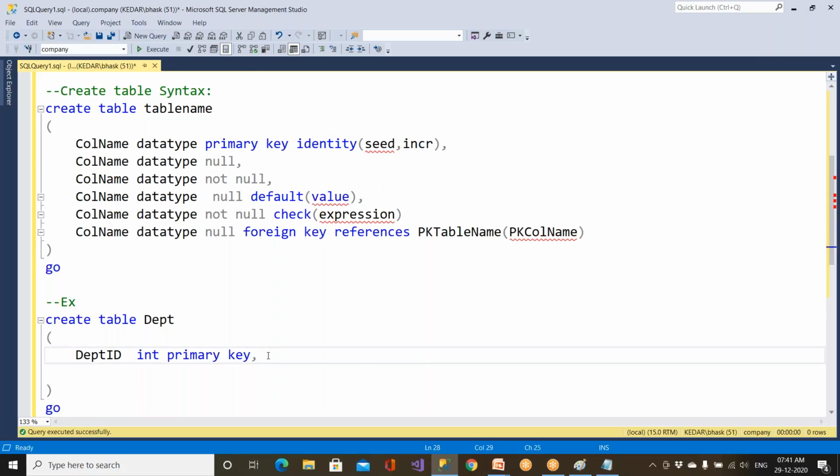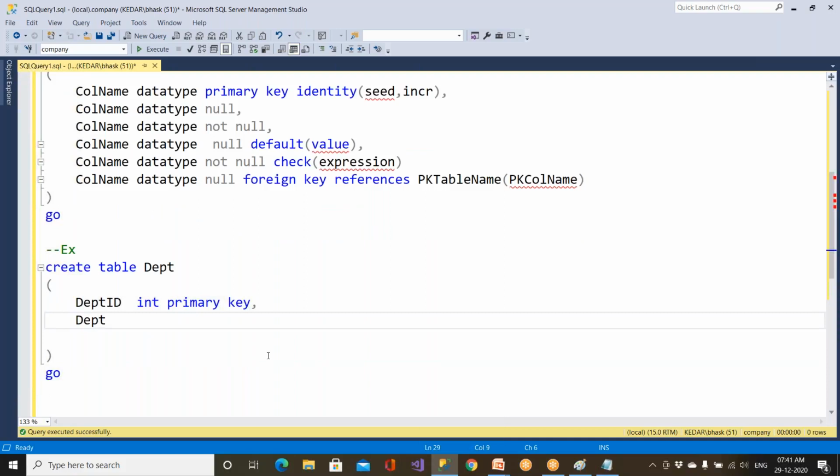Clear? So department ID, then we'll say department name. Don't give any spaces in the column name. If you give a space, then your code is gone. Remember not to give any spaces like this. Where in the primary key there is a space, where you need to give the space, where you should not give a space, be clear. This is varchar. And what is varchar we discussed?